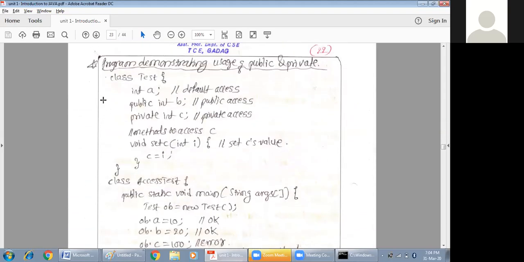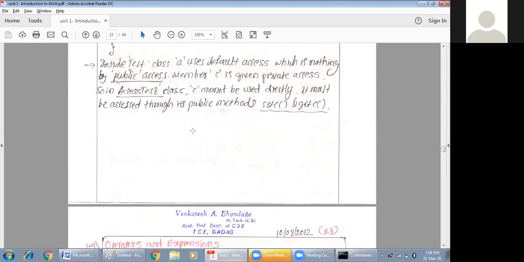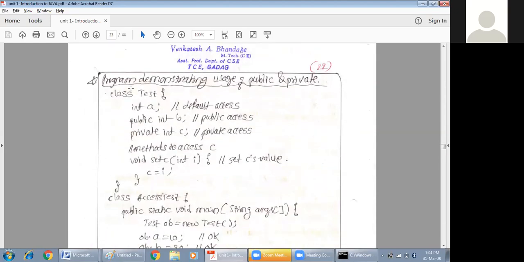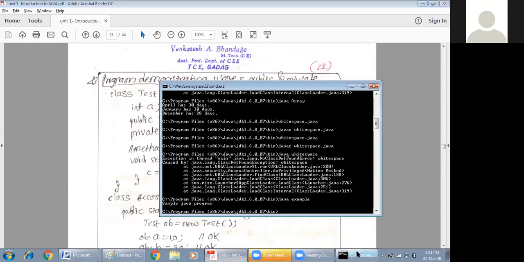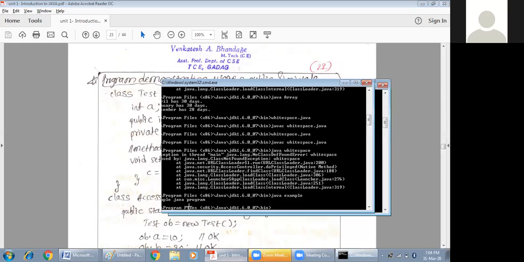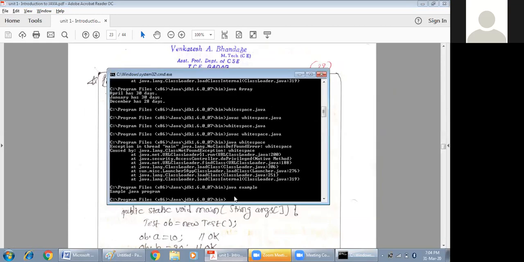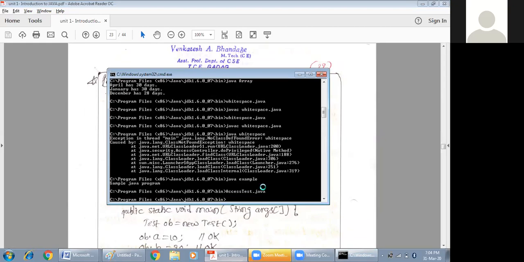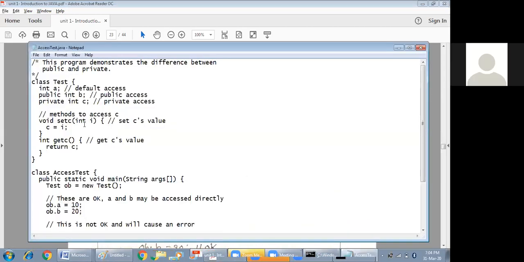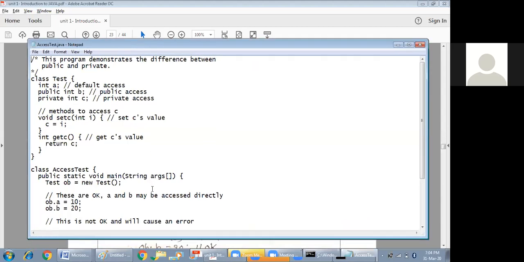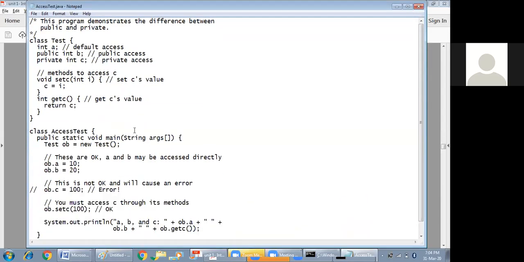Right? This is a program which will demonstrate the access specification. So hope this will be clear. Those who have missed bridge course classes can also concentrate. It's not a problem. I'll take one direct program, AccessTest.java. This program will demonstrate the access specification for our different access specifiers.